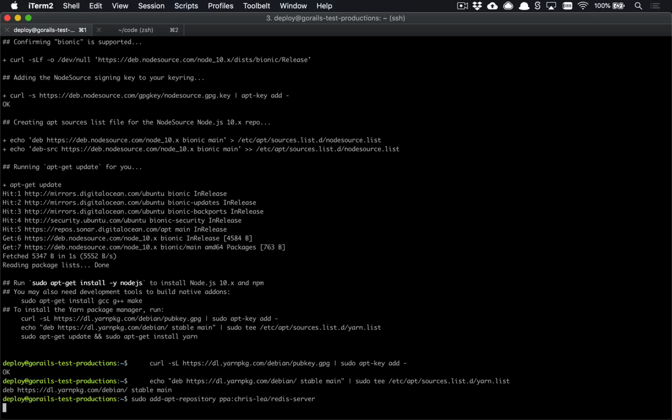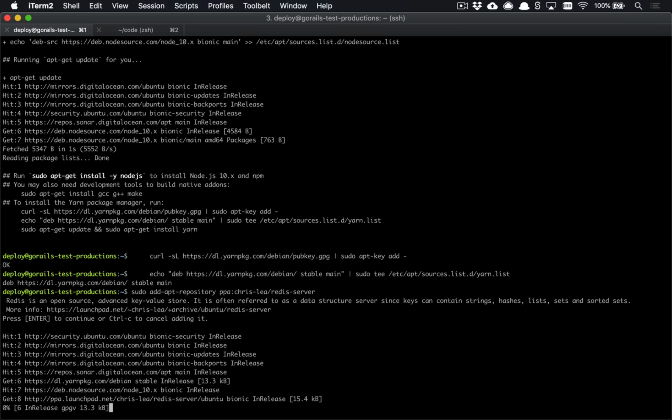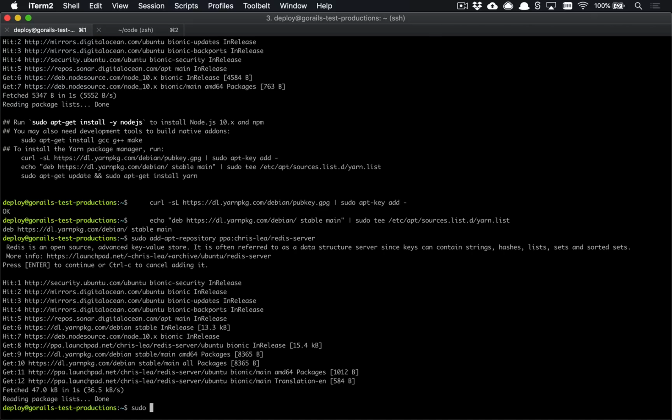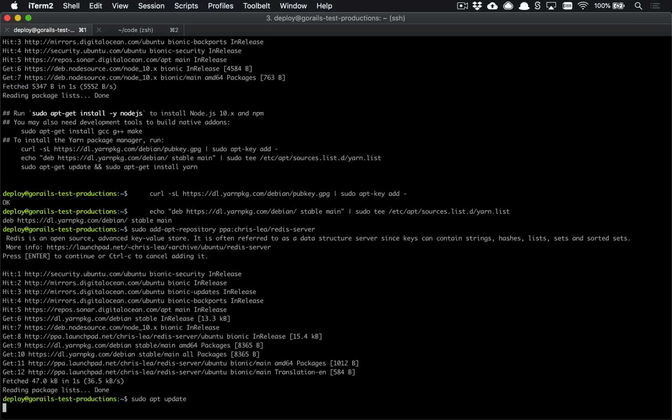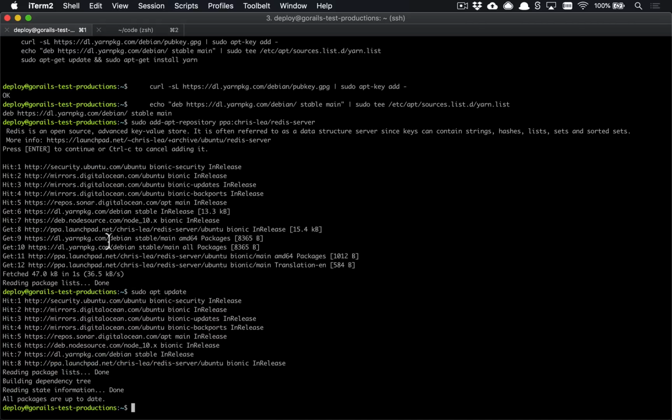This is going to give us the Redis server so that we can use that with Action Cable if we're going to use that, or maybe for caching. Then, once these have been done, we'll run our sudo apt update just to make sure we have all of those, even though it looked like this just ran it for us. Then we can run sudo apt install git-core curl